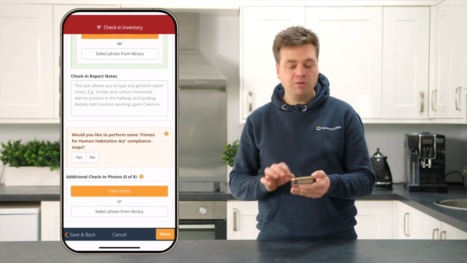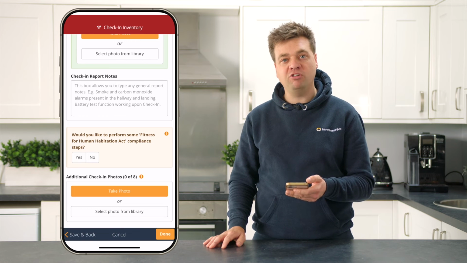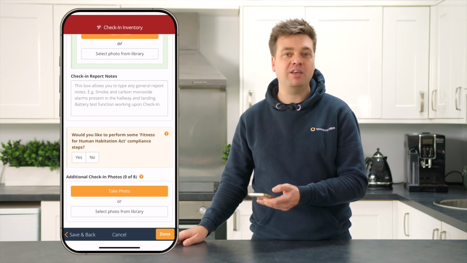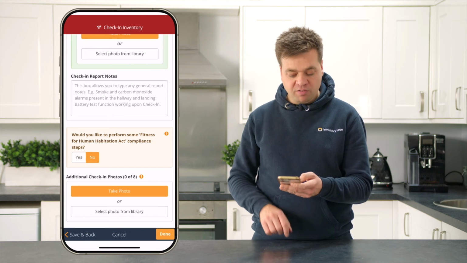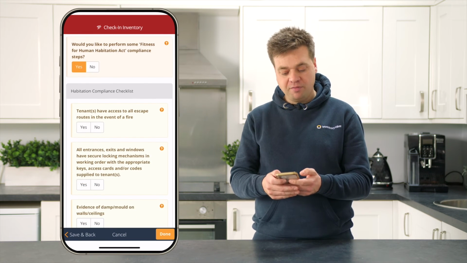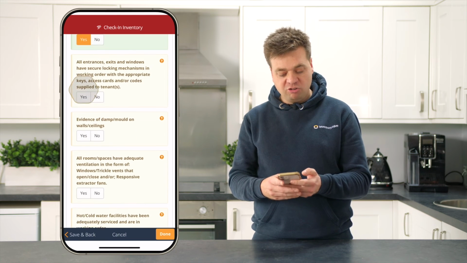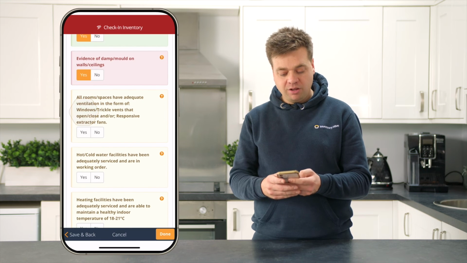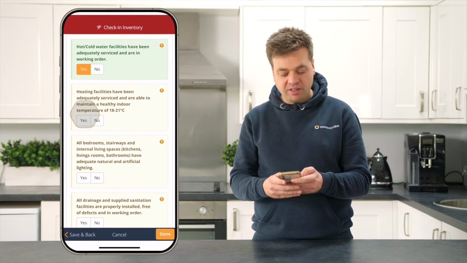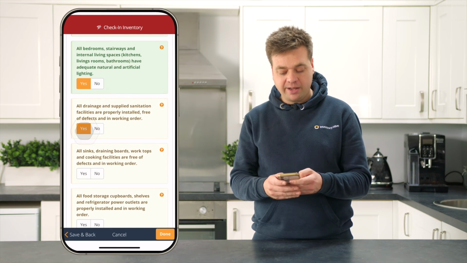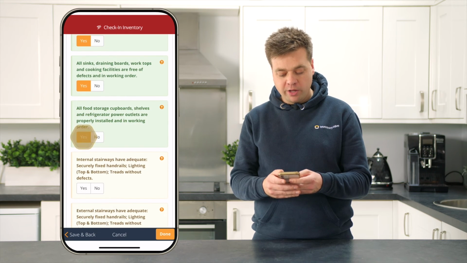And then you scroll down and then you've got some optional questions about fitness for human habitation. If you don't want to answer those questions, you just hit no. But if you do, you hit the yes button and those questions pop down. So you can just work your way through, answer those fitness for habitation questions while you're at the property. The answer will go green if it's a positive answer and go red if it's a negative answer. So you just work your way through,